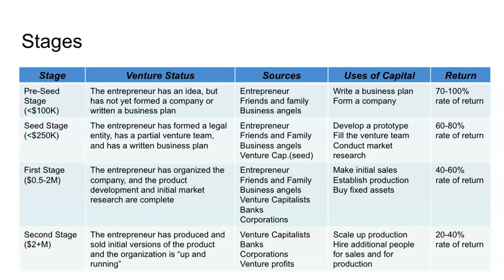So just to provide you with a simple summary of the general stages, these numbers are based kind of on Wisconsin. If you went out to California, you'd find that the quantities are much larger. A seed stage funding in California might be $1 million or even $2 million, and a first stage or Series A investment might be $5 or $10 million or even significantly more. My point here is simply to show you that there's a difference in how ventures are funded over time, and to give you a rough sense of what they use the capital for and what the likely rate of return expectation is for the investors.